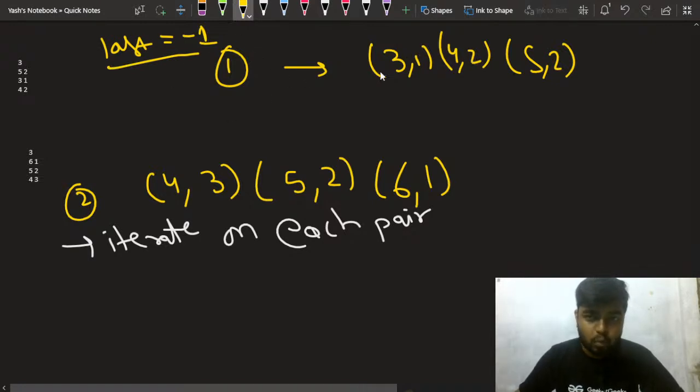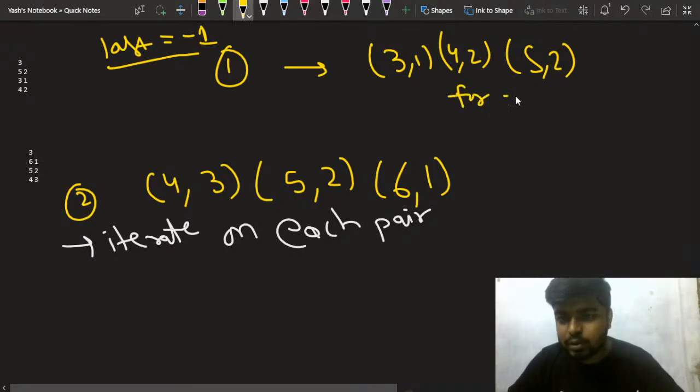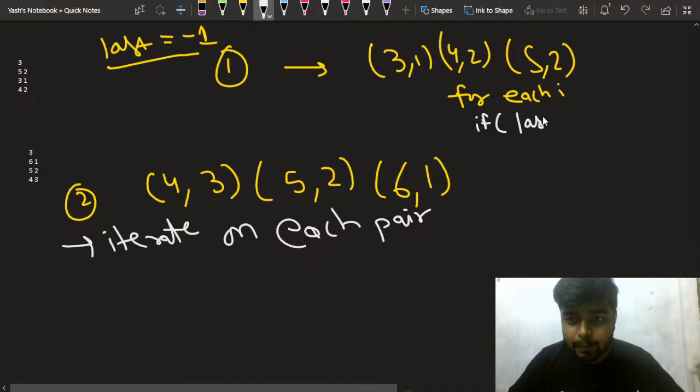After that, I need to check. What do I need to check? First of all, I'll be checking which one will be more optimal for me. I want to check according to the bi values. So for each i, what I will check is, if my last is